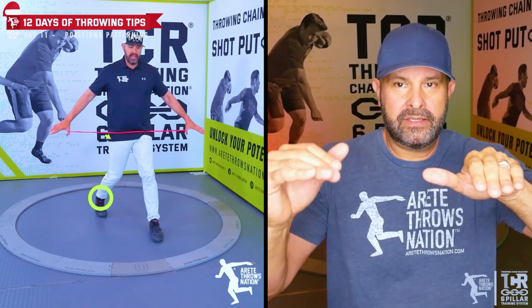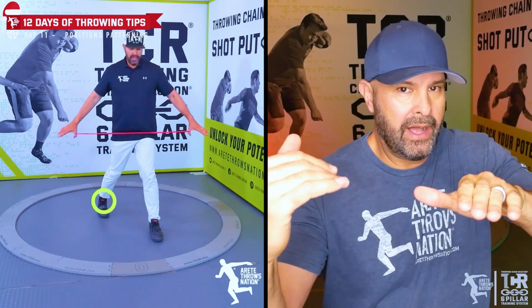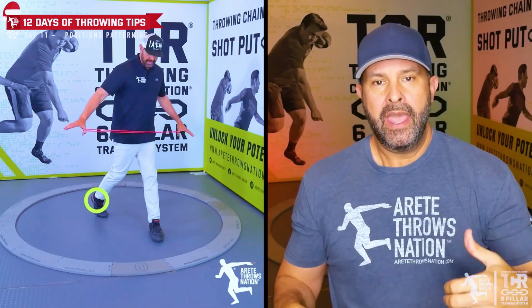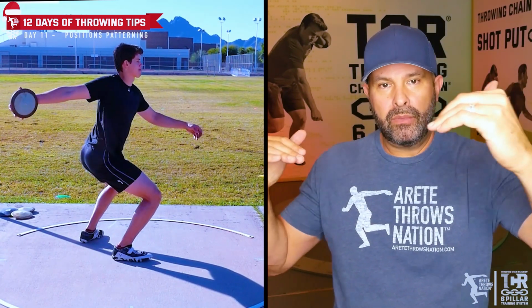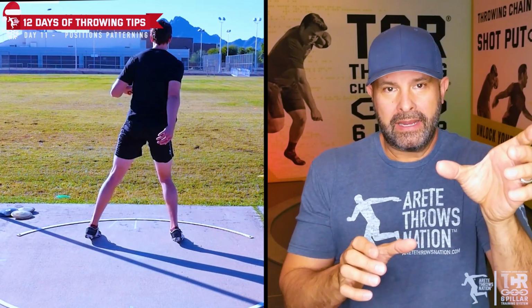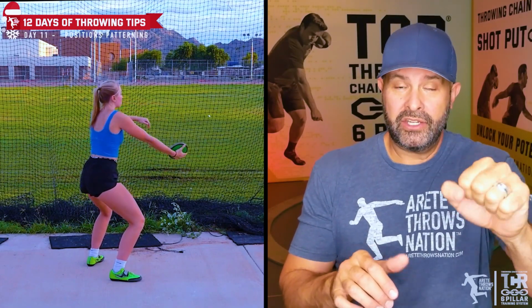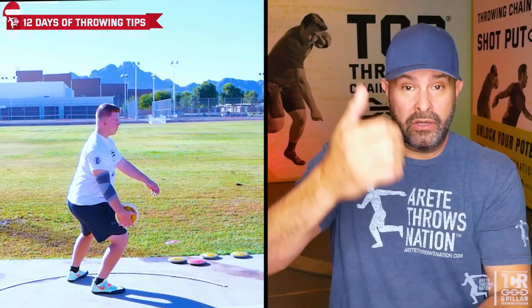So we're learning the sequence of how we initiate and activate the block leg while activating the delivery leg. We're going to teach the lower body first, then we're going to incorporate upper body movement, and then we're going to put it all together. When we do that, we'll have the block leg activation. Say it's a block leg issue, so then we do activation. We have a single leg block leg activation, which takes everything out of the equation and forces you to create